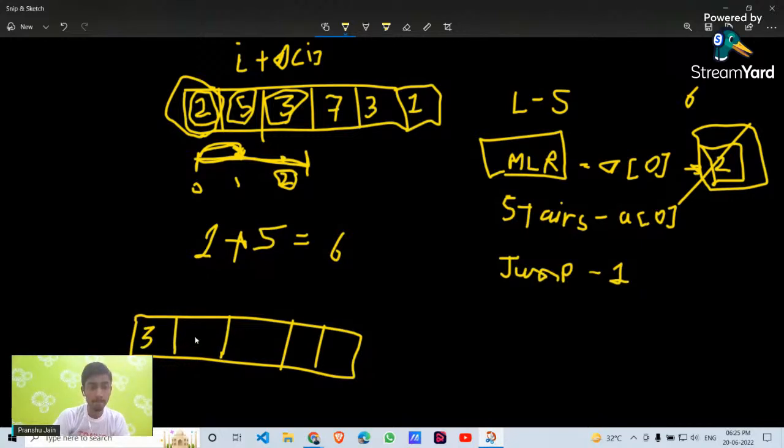3, 5, 5, 2, 1. In this case, we can see that two same length ladders are present in this array. And if we go on with the approach which we are discussing further, if we define